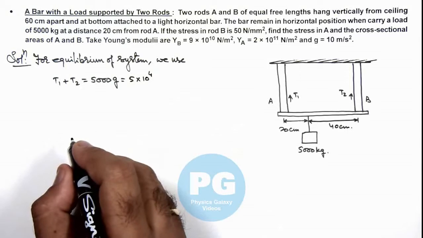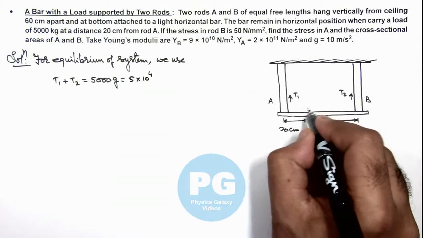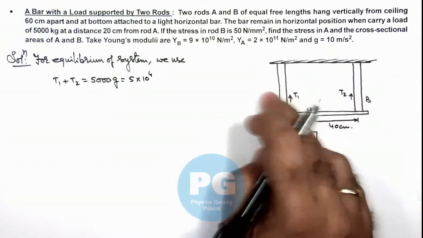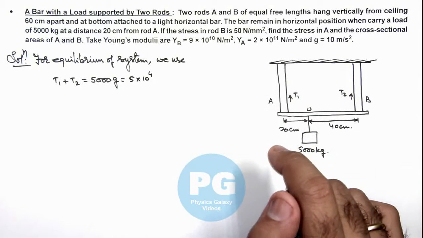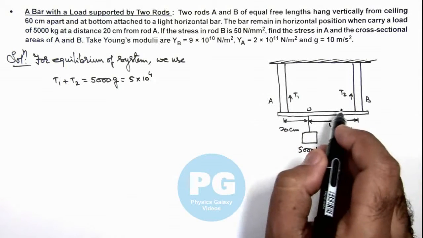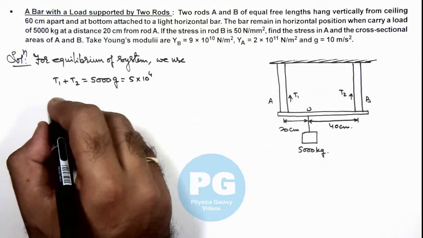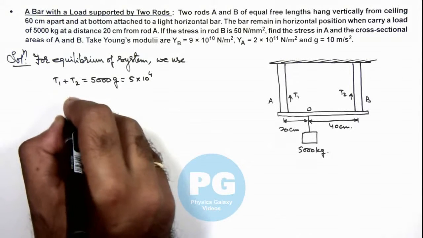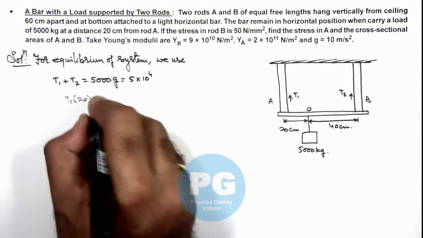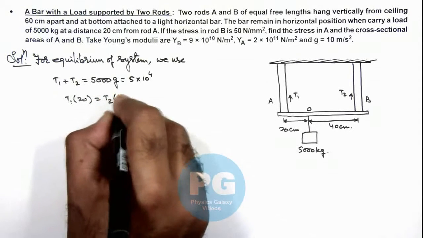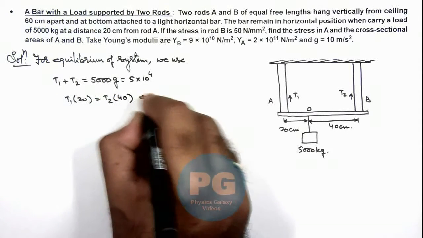And we can also use, if this point is O, with respect to point O, the torques of the two tensions in the rods must be the same. So here we can consider T1 multiplied by 20 should be equal to T2 multiplied by 40,